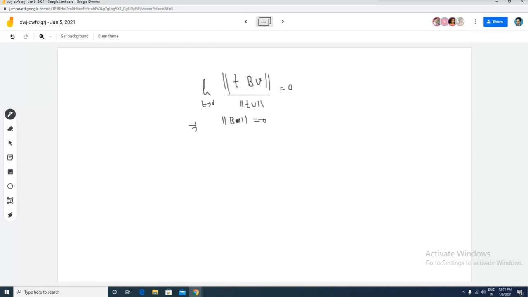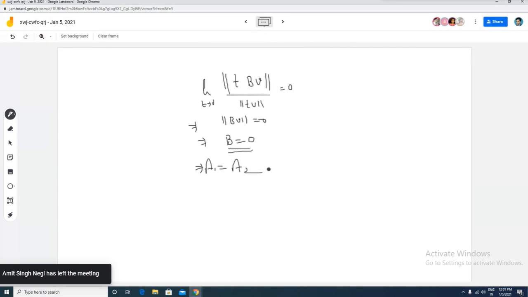But now you can take this h as an arbitrary vector, so v is an arbitrary vector, and therefore this b is equal to 0. Is it okay? And this implies this a1 is equal to a2. Is it okay to everybody? Yes, sir. So this is a very simple proof to show that whenever a function is differentiable, its derivative is